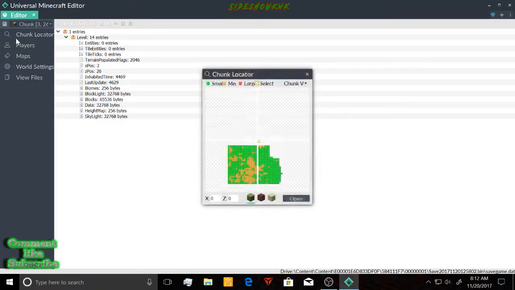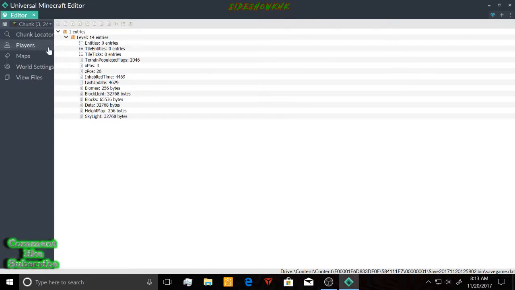Not sure exactly where it is, but never mind. Don't worry about that. You can also type in the coordinates of the chunk that you want to locate, or you can search it by hand, which is kind of a pain. I do understand it, but it's time consuming to do, so that's why I prefer, like I said before,